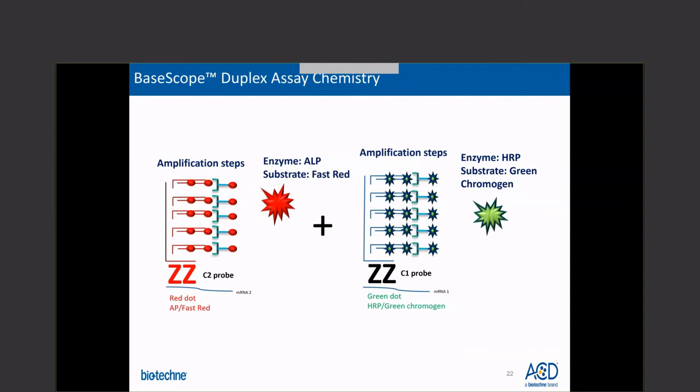Now here's the schematic depicting the chemistries of the duplex assay. Here you can see that there are 2 independent trees that are built for each channel. For the C2 tree, it is the ALP, and for the C1 tree, it is the green substrate using the HRP enzyme. Please note that C2 probes are always provided in a 50x concentration and are required to be diluted